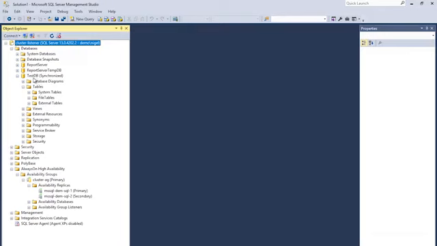The other thing to notice is that a database has been provisioned within that cluster and has already been synchronized between the two machines in the cluster. This is called TestDB. And if we scroll down to the always-on high availability cluster section, then you'll notice that we have our availability replicas with one machine as the primary and the other machine as the secondary. And if we expand out availability databases, then we can see our TestDB has been replicated within the cluster.